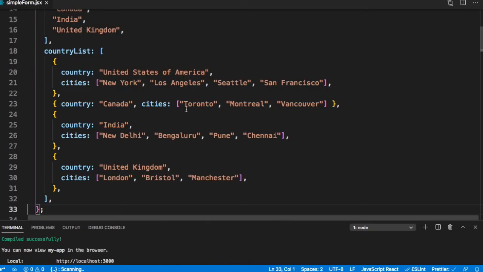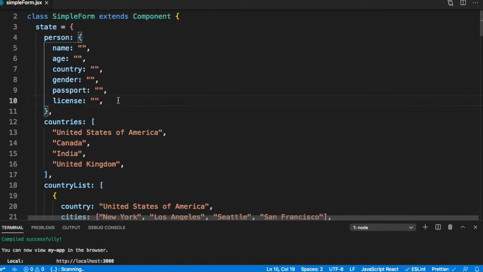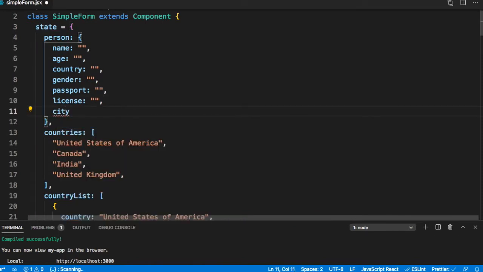So here in our state, we have this field country list, which is a country and the cities within it. So if the country chosen is, say, United States of America, we want to show the cities in it. If the country chosen is India, we want to show the cities within India. So let's in our person, let's add another field city where we will store this value.